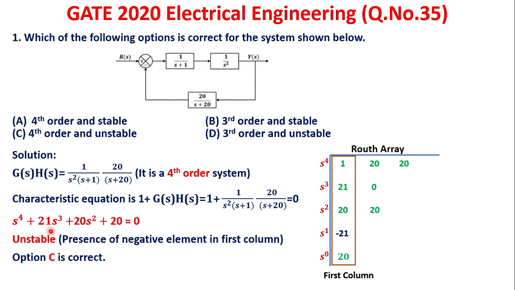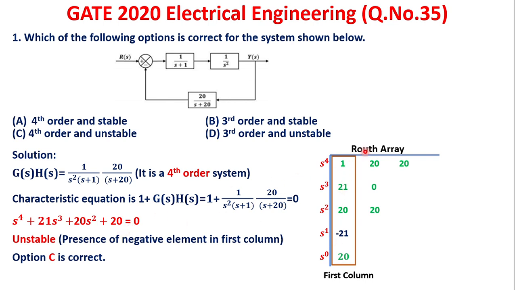From this, the characteristic equation can be simplified after expanding: s power 4 plus 21 s cube plus 20 s square plus s square plus 20 equal to 0. So the s term is missing. Generally, whenever any term in the characteristic equation is missing, the system can be at the most marginally stable. That we have seen in the concepts of stability, necessary conditions for stability. Anyway, the question is not about marginal stability. The question is stable or unstable only.